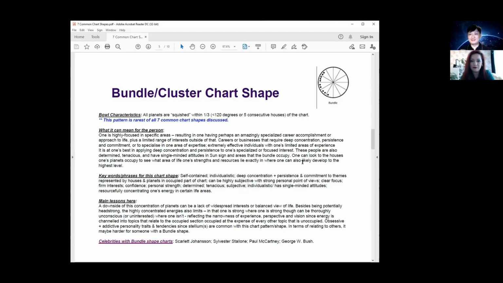It's all on top of my chart, and somebody else who has their planets on the bottom, under the horizon, would probably be totally the opposite person to me. And again, there would be something very similar between us because of this focus and determination